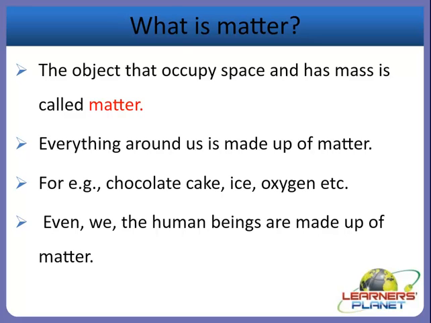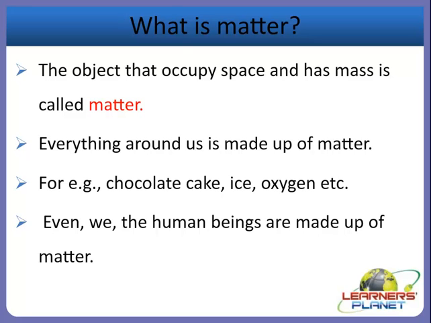Matter is large and matter is small. So we can say that objects take up space, right? It can be large or it can be small. For example, how can we say that an object that occupies space is called matter? We will take one example over here. Just think that your computer is taking up space on the desk. You are taking space when you are sitting on the chair. That means the object is occupying space, right?